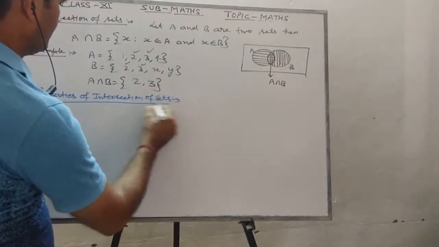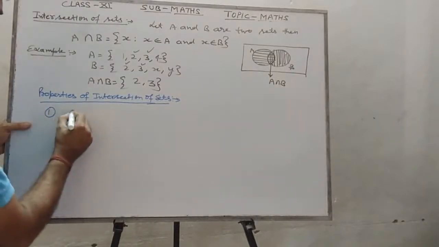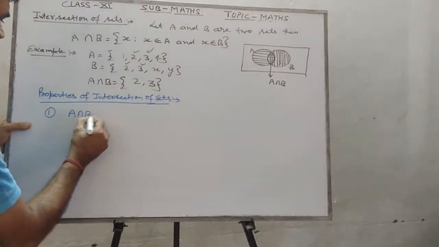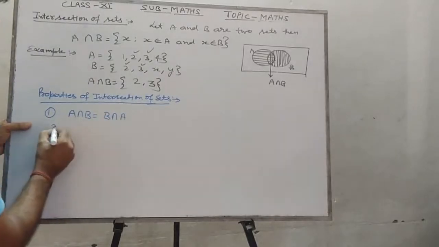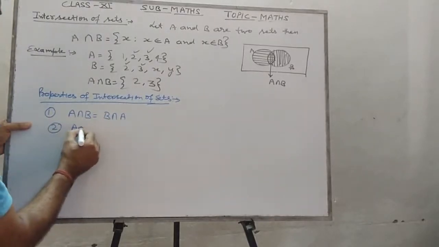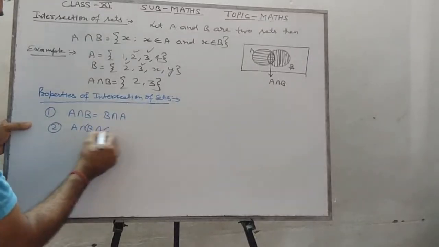Number 1, it holds the commutative property. A intersection B equals B intersection A. A intersection B intersection C is